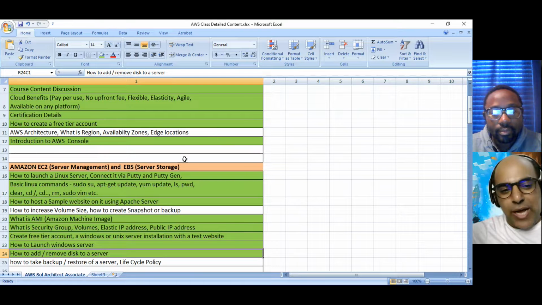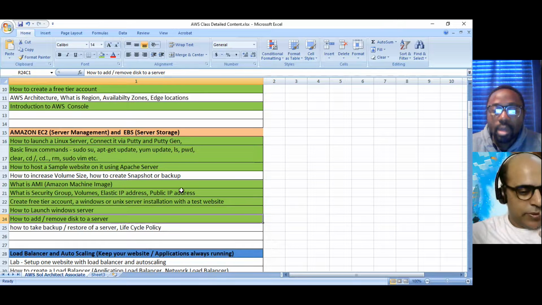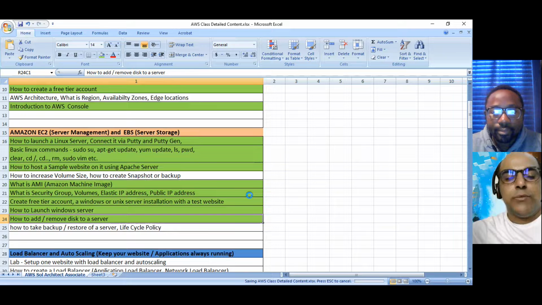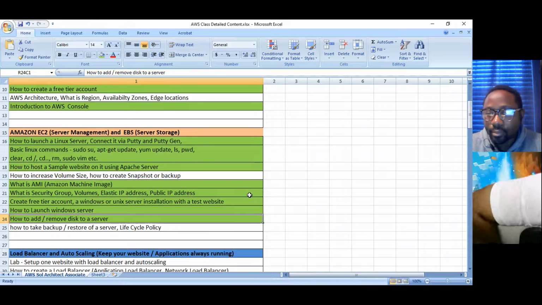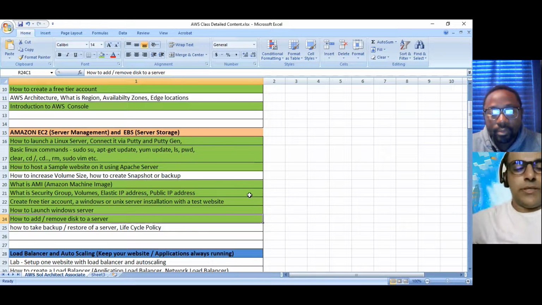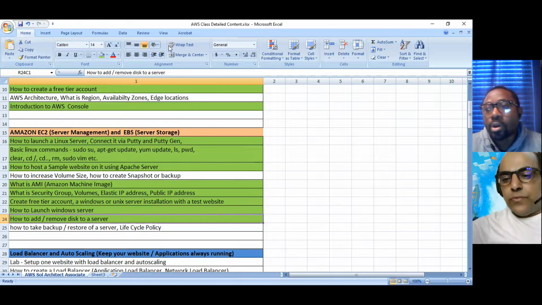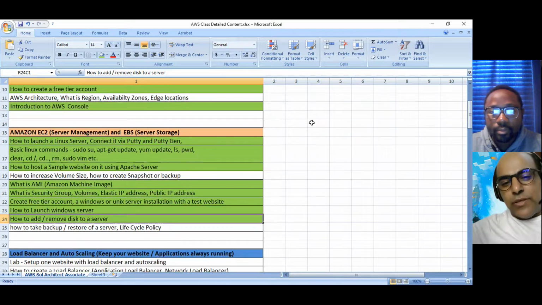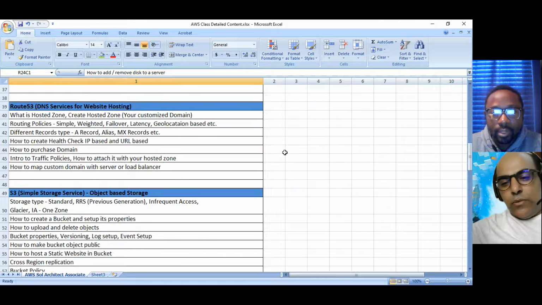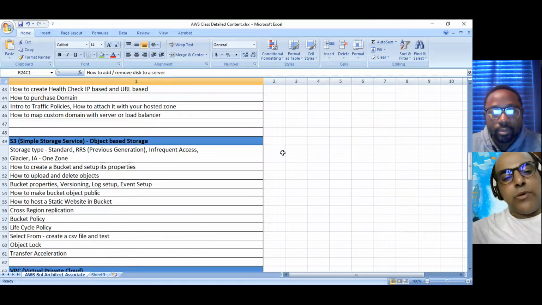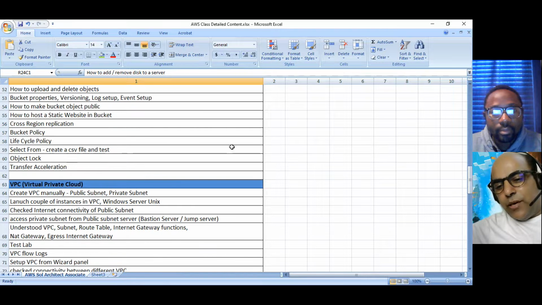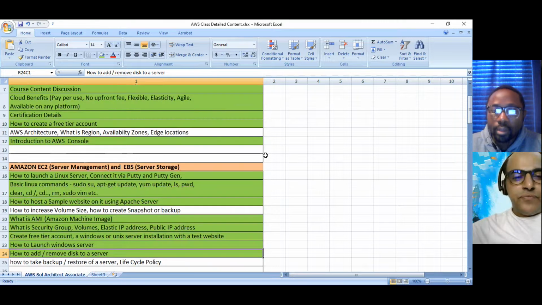Whatever you know, I am just marking it green, but you need to do the practice. If you ask me again, that is not a problem, but I just want you to do the practice. At least we know how much we have covered, which is good. That's why I'm starting to refer to this now, because we can easily capture how much we are covering.